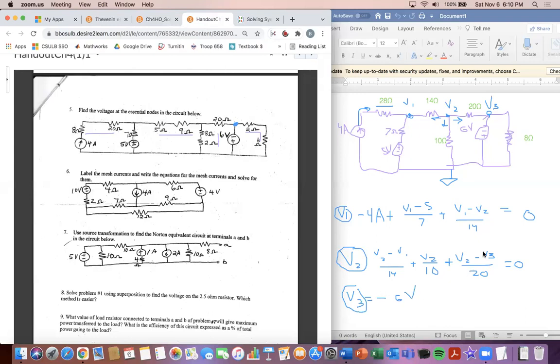This V3 here is going to apply to this one here. So that's going to become a positive 6. I'm just going to take out this. So plus 6 here, because a negative times negative 6 gives a positive 6 value. And then we're going to simplify these equations. If we simplify this top one here, what we're going to get is 1/7 plus